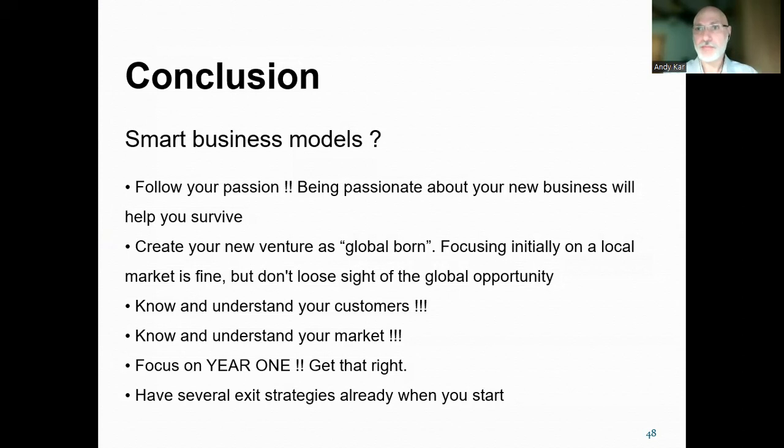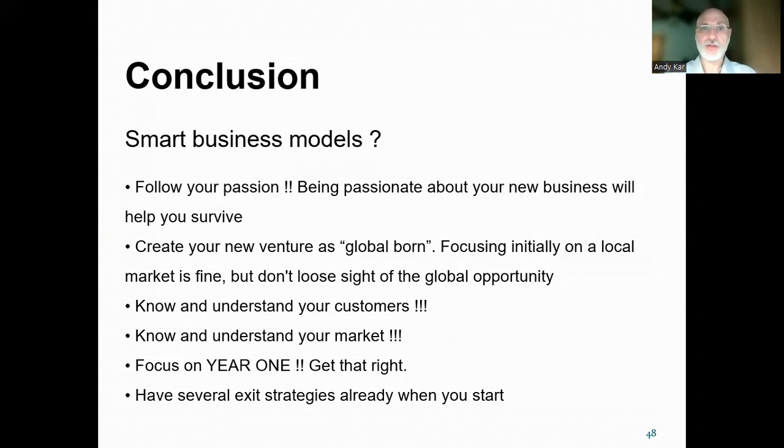be innovative, create a company model, a company structure that nurtures innovation, create a company culture, for example, a flat hierarchy one, which lets people knock on your door with their ideas, feel free to open their minds and innovate openly and give you ideas, reach you. Don't be bossy, okay? Be a leader. So being passionate about your new business will help you survive.